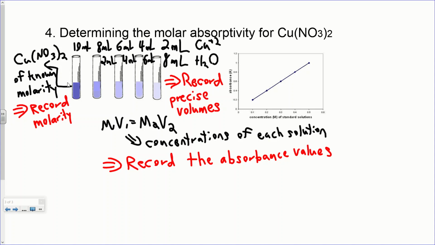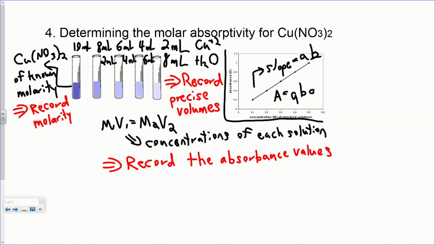What you're going to do with that information is you're going to make a graph. The graph, you're going to plot the concentration on the x-axis, the absorbance on the y-axis. And because Beer's law holds, absorbance equals path length times molar absorptivity times concentration, assuming this is a line that goes through the origin, which hopefully it will be, the slope of this line is equal to the molar absorptivity times the path length. We know that the path length is 1 centimeter, so by recording the slope of the line,